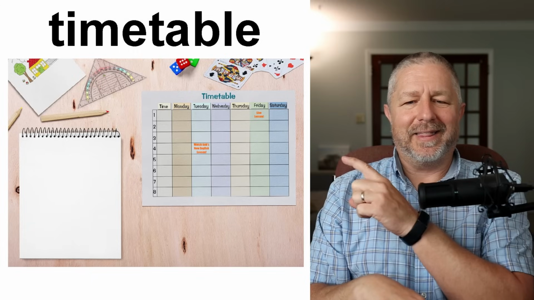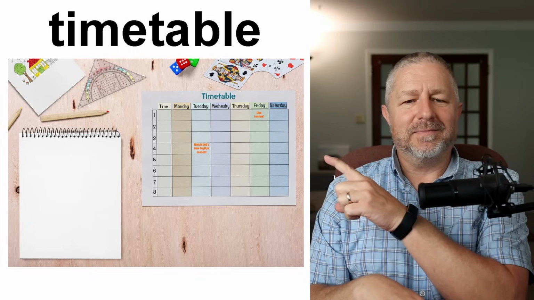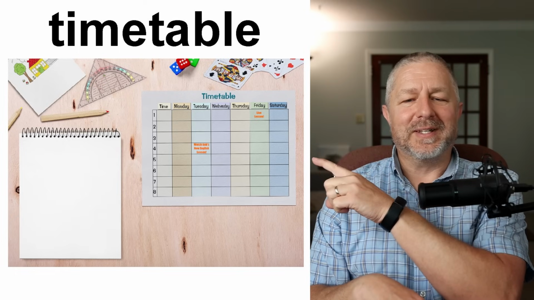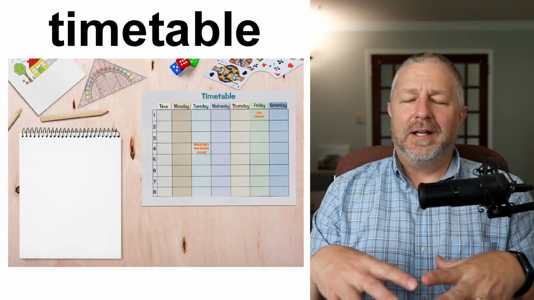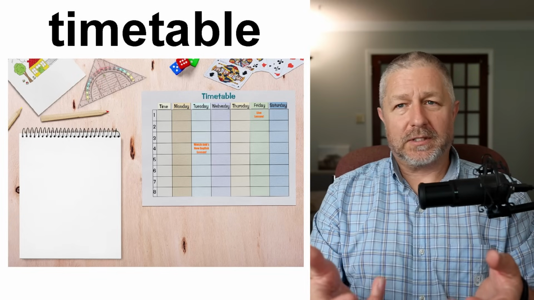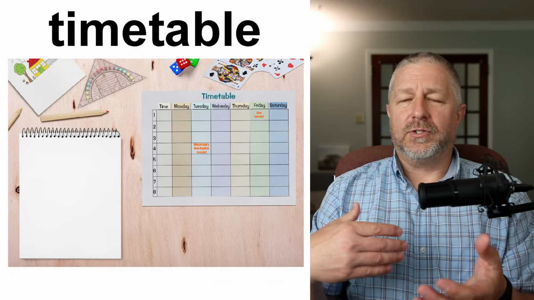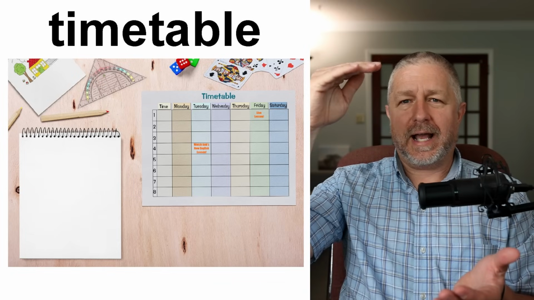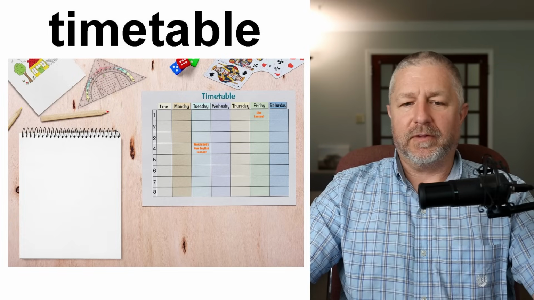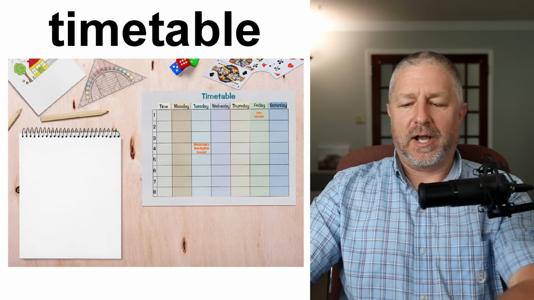This timetable, I think, says something about watch Bob's new video and live lesson. I think that's what I put on there. But a timetable, again, very commonly used when talking about students. And it's common to have a kind of an outline of when you have classes and sometimes where you have them. So that is a timetable.